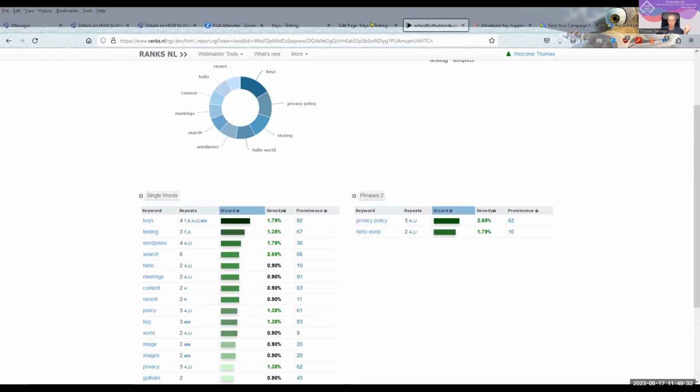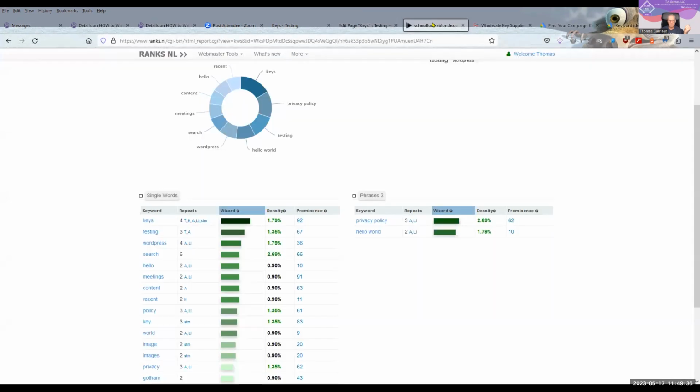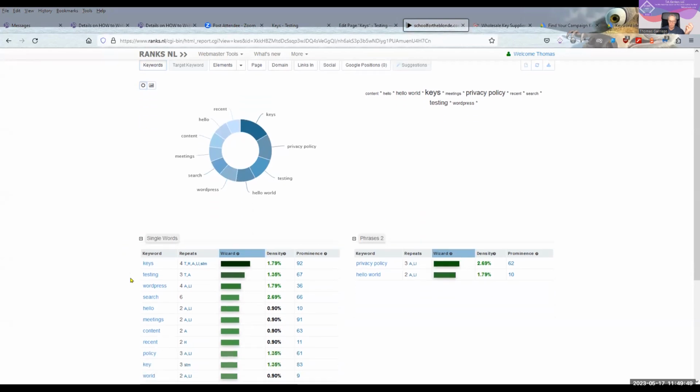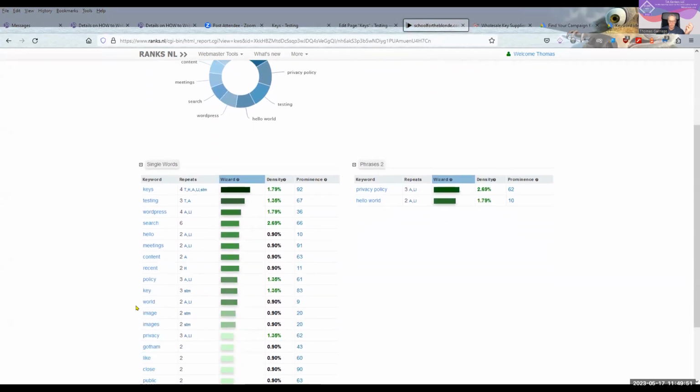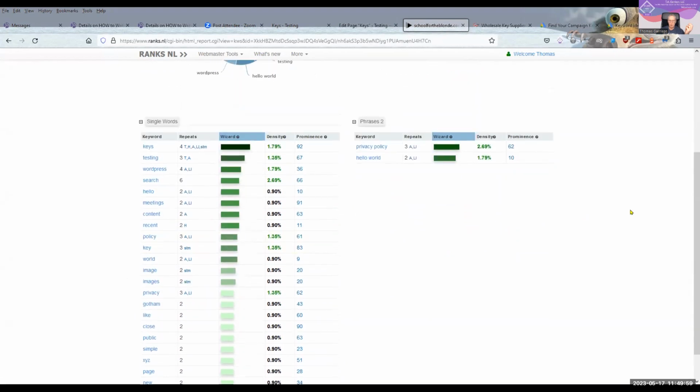You've got the hello world. Not sure why that's still showing here. But at any rate, when you refresh the page, that is going to show you what you've just updated. So if you've got a term that you just added, put it in. Got keys, world, images, testing, keys. So it's looking for more, but that's okay.